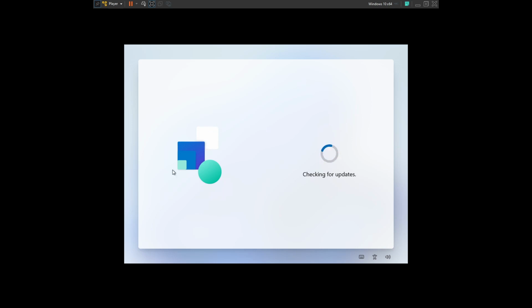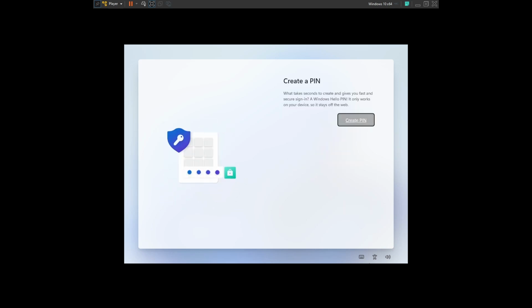You can see they have used a lot of different colors and some GIFs as well while the installation process is going on. So let's wait for this thing to finish up. Okay, so I have logged in with my Microsoft account.